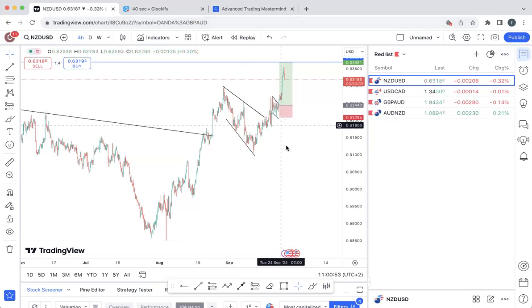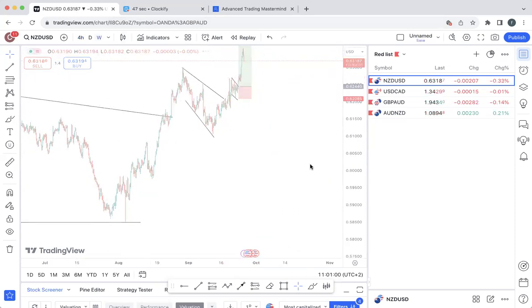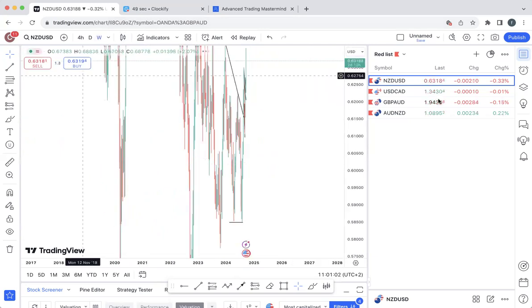So, guys, in this session, I'm going to be giving an update on the pairs that we talked about in our previous session. So, let us get into it. The first pair that we're going to be looking at is the New Zealand dollar over